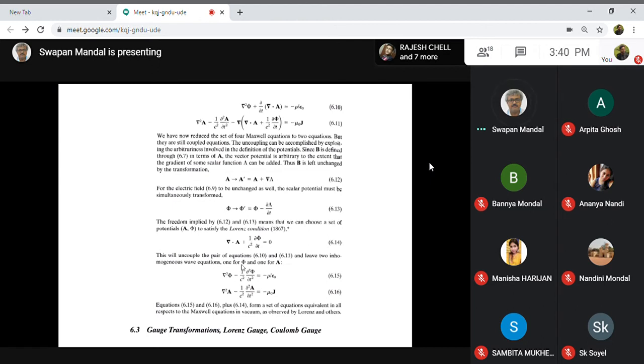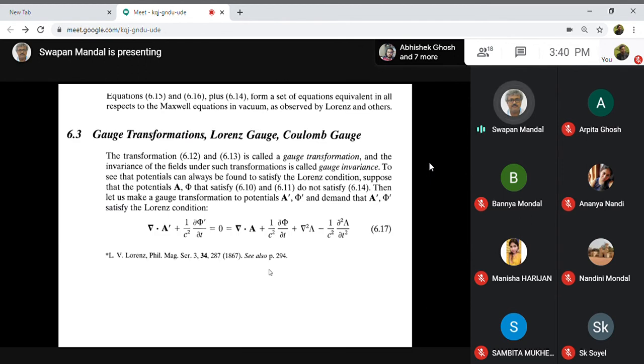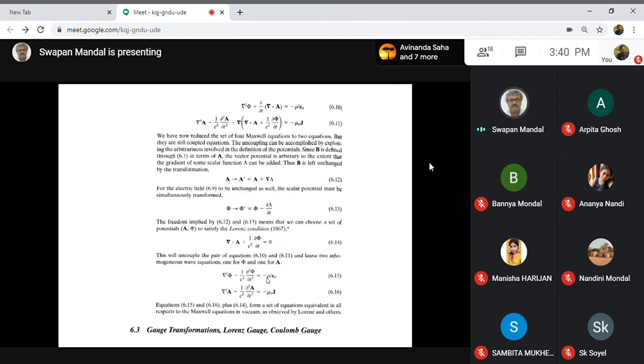Is it clear? So this is the Lorentz condition and its consequences. What consequences? I have got two differential equations here. These are the consequence of the Lorentz gauge condition. Therefore, these automatically fit in the special theory of relativity. So these are the two basic equations we have got, involving the scalar potential as well as the vector potential, under the Lorentz gauge condition.